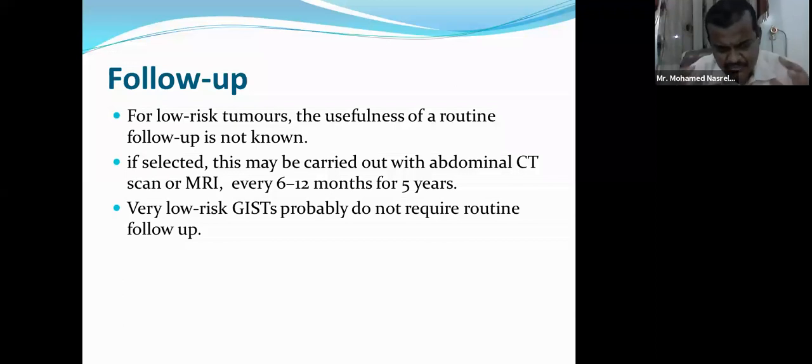Actually, the treatment of those patients is not only the role of the surgical team. It is a multidisciplinary approach. So you have to consult the oncologist, who will start immediately after the recovery of the patient with imatinib. The recommended dose is 400 milligrams for 3 years. As I said, the follow-up will be every 3 to 6 months, and it will extend annually for almost 10 years, with CT scan follow-up.